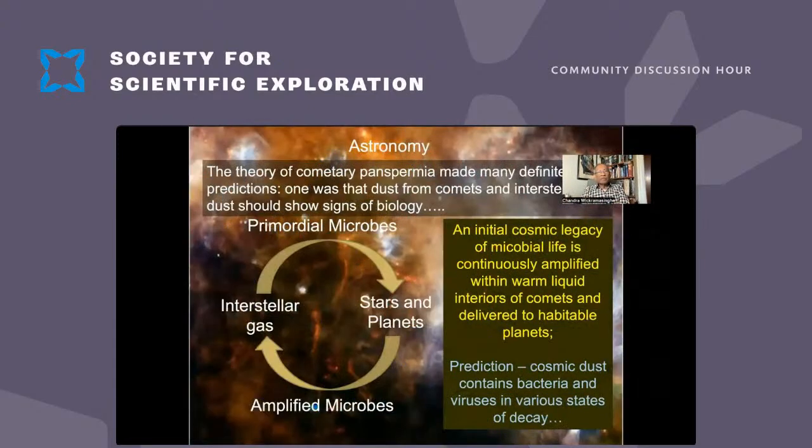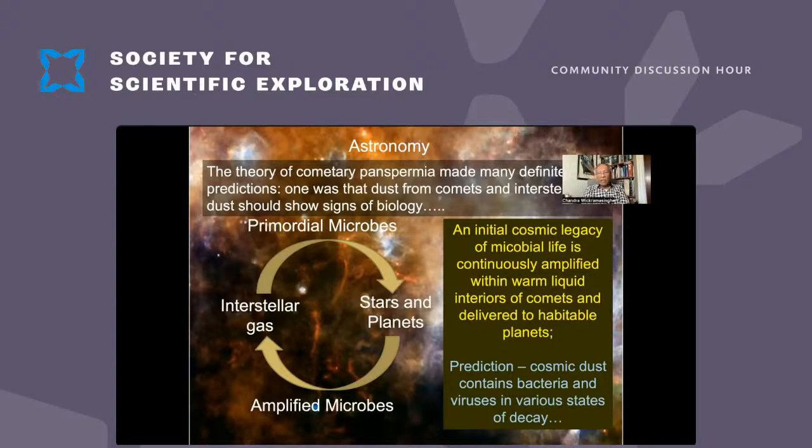The theory of cometary panspermia is what we proposed over several decades now, and it has many predictions. It is a science. We make predictions. We look for verification of those predictions in astronomy, geology, and biology, and they have been found, unquestionably found, over the past 4 decades. So we have primordial microbes, bacteria and viruses that are just in the universe and part and parcel of the cosmos. They are incorporated in planets that form around stars, and the planets and the comets that are responsible for amplifying, for increasing these numbers of bacteria, throw them back into space. And there's a positive feedback loop where an initial cosmic legacy of microbes is continuously amplified inside the warm liquid